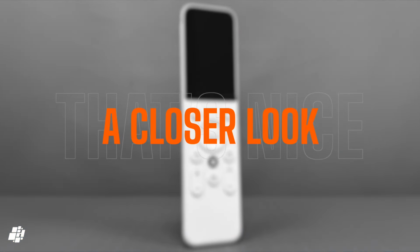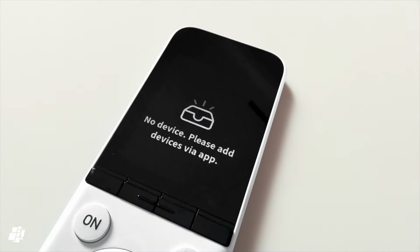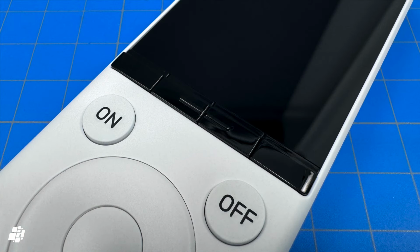Let's give the remote a closer inspection, and first of all, whilst the display isn't a retina display as such, it does look good and you'd have to look closely to see the pixels. The controls, which include a home button, a scroll wheel similar to the Apple TV remote, all work well and are nicely laid out. Some controls are clearly designed for TVs and set-top boxes with mute, volume and channel buttons for example. There are also 4 dedicated shortcut buttons that can be assigned to devices or scenes in the Apple